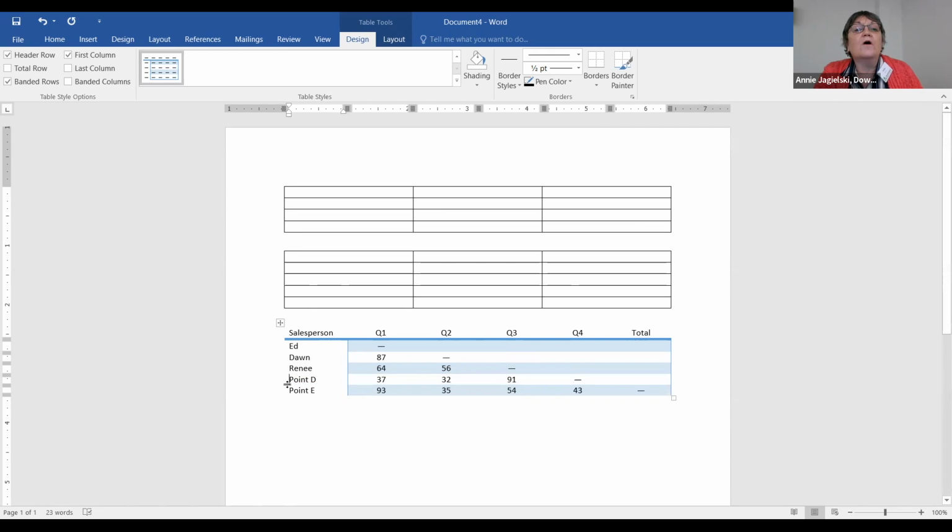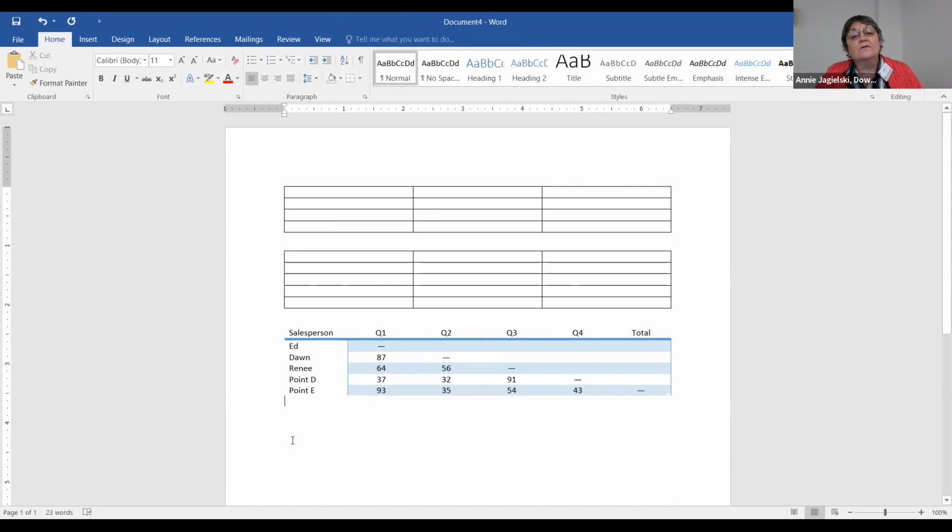So to get rid of a row, you're going to notice at the very top of your screen, there are different ways to do this. At the very top of your screen, anytime you're clicked in a table, I'm going to click out of it. When I'm clicking out of the table, and I'm going to move this because I can't see. Okay. When I click out of a table,